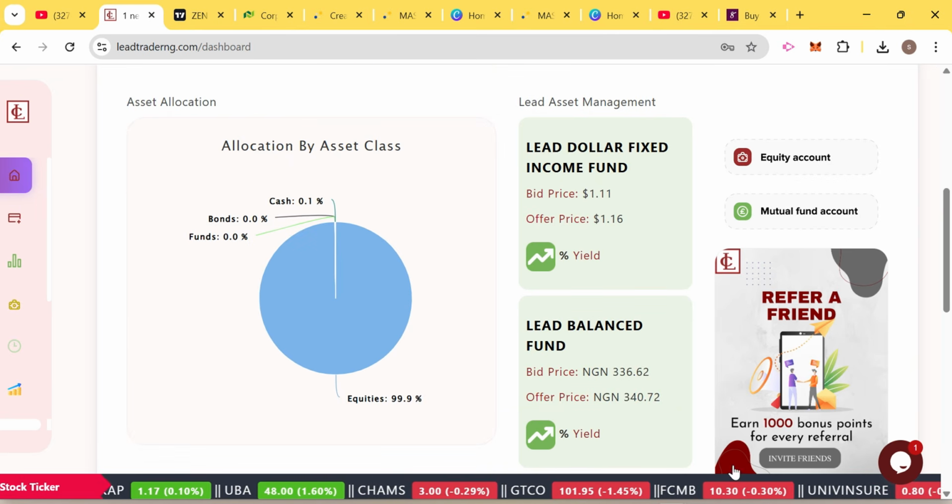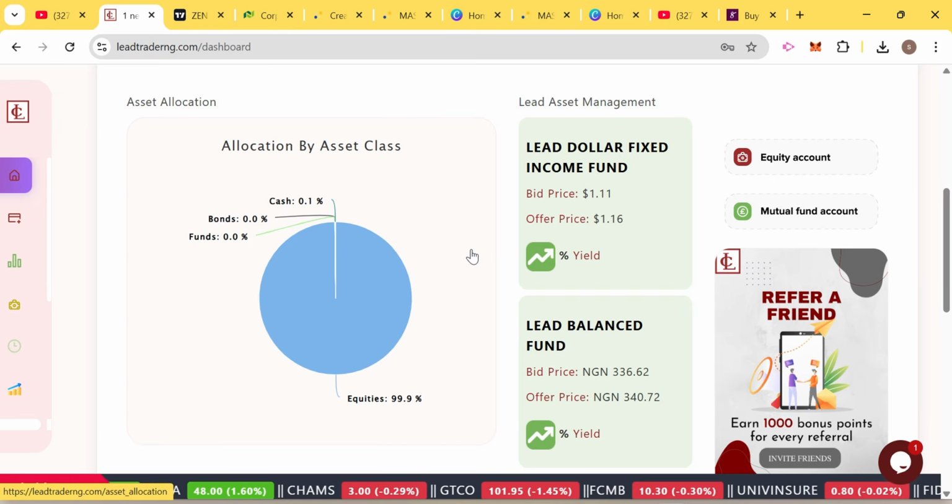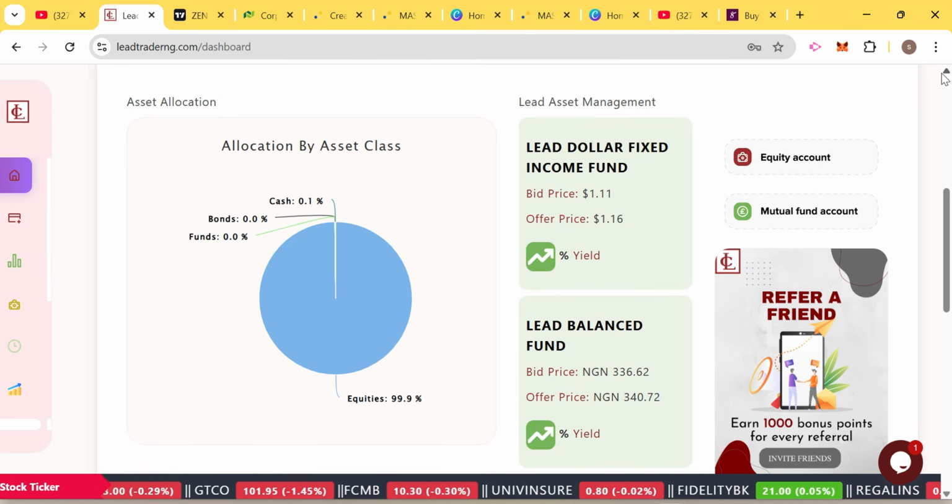You see my allocation. I have zero bond, zero fund. Actually, I have a fixed income fund, but I'm not picking the account. So they're actually in two accounts. One is in this current account. They have another account that is maybe for a subsequent video. I'm going to launch that account, because once I launch it, you won't see this current one that